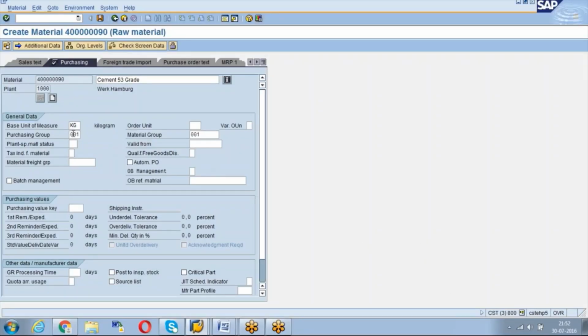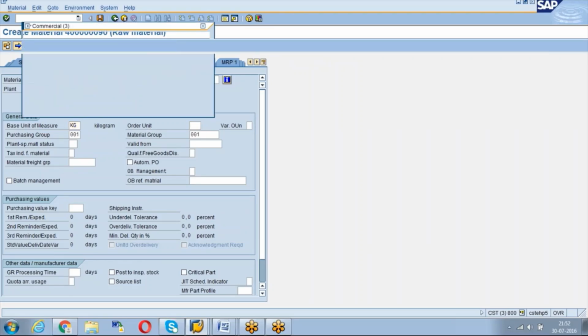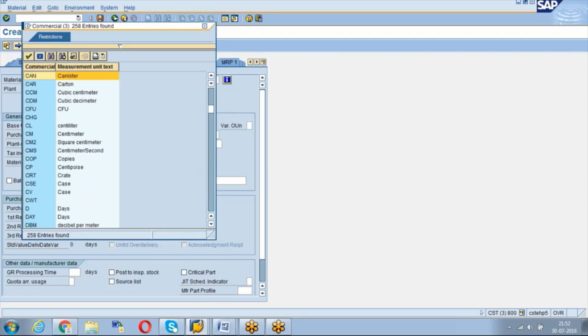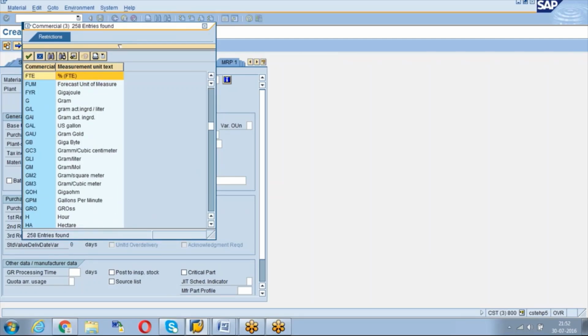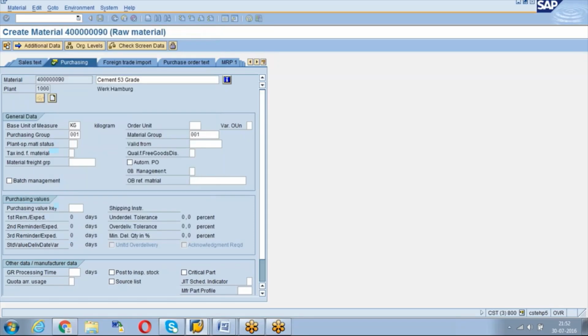What kind of information are we keeping here? What is the kg? For example, the order unit. The base unit is kg, but the order you are giving is in some bag or pack. We can say pack. Then we have to maintain that each pack equals 100 kg, or like that, as the order unit. Also, if you want to maintain any automatic PO indicator, specific purchasing related data, we can maintain